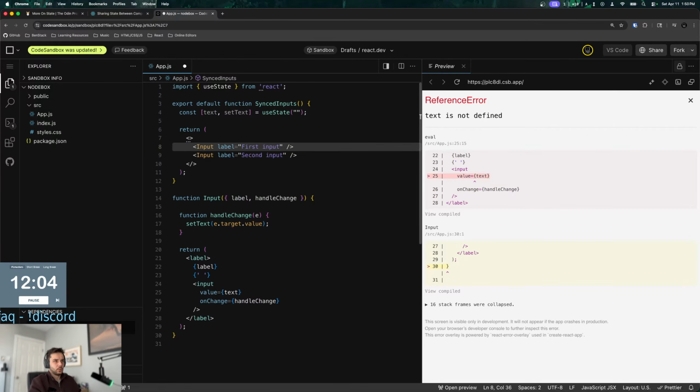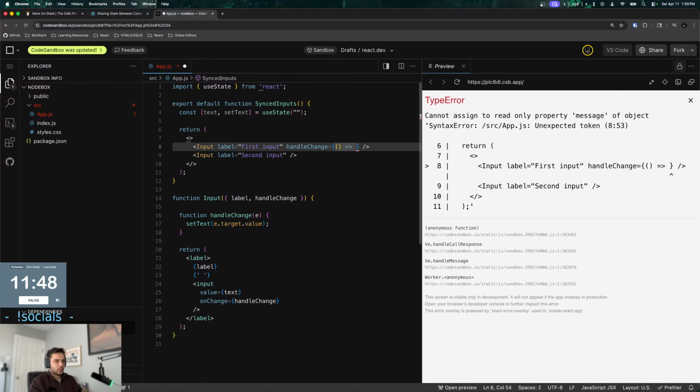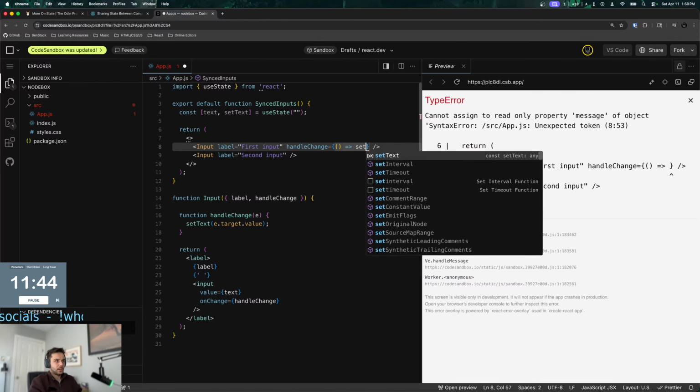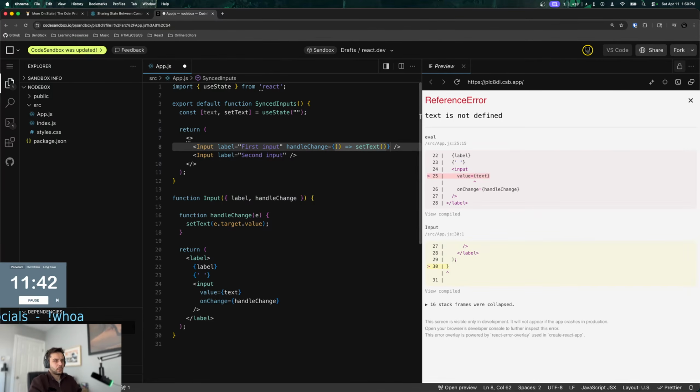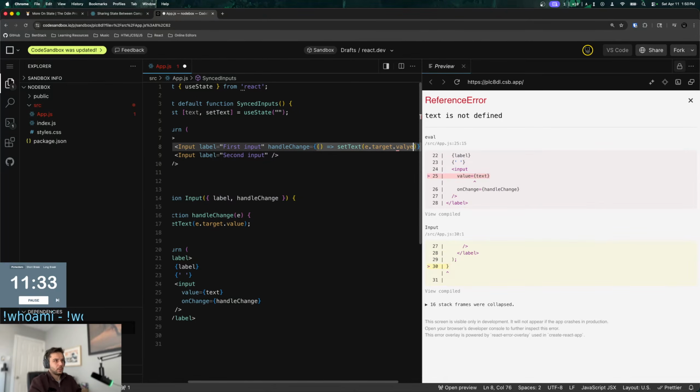And then I'll do handleChange equals, it would be set text to the input, right? e.target.value.